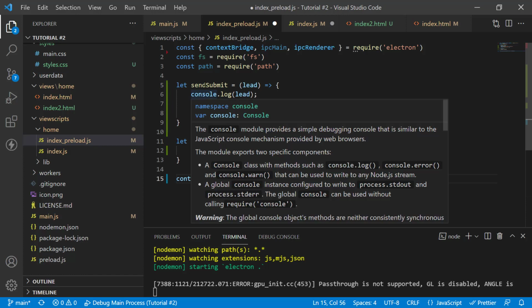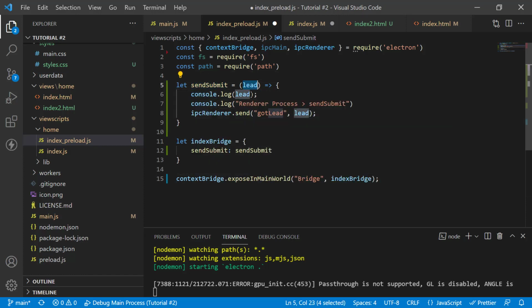So here's what I've done. I have a function called send submit, which is taking an argument called lead, and I'm writing lead to the console. I'm also writing a little message to the console here, and then I'm using the command ipcRenderer.send. This is the actual game changer. This is the most important line in this code. What this line does is it sends whatever content you want to send to the main process in this particular event. So what we have here is a got lead event, and in got lead event we are passing the lead here,